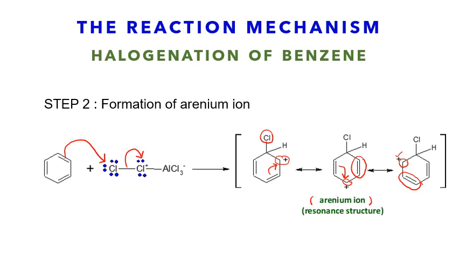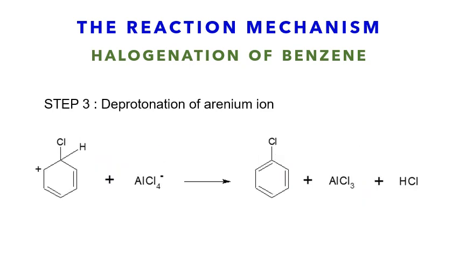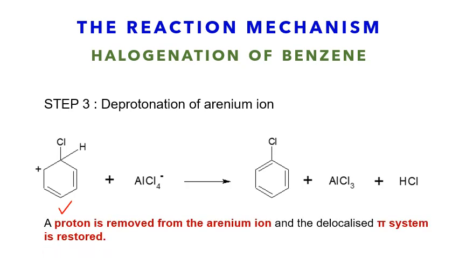So now, the third step is deprotonation of the arenium ion. In this step, we use one of the arenium ions that has been produced in step 2 from the resonance structures. We just take one of the structures and react it with AlCl4 1- that has been produced in step 2. In this step, the negative aluminium removes the proton from the arenium ion